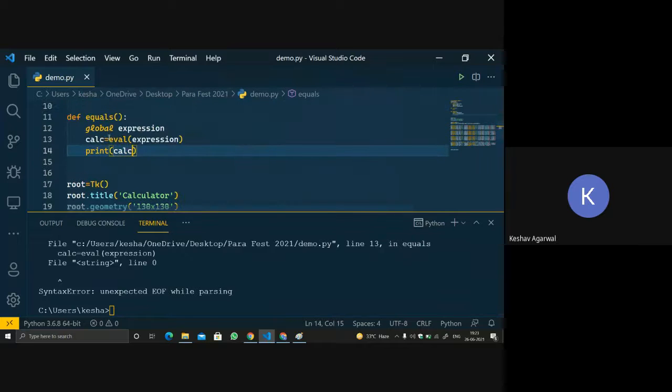EOF while parsing. I think it only takes a string. So it will return a string. Let's run once. Still showing an error.